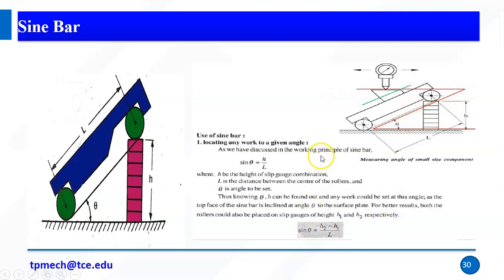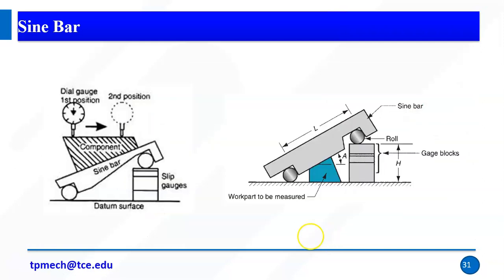In some cases we add slip gauges on both the rollers, right? So sometimes when we add to both rollers, we get the difference, h2 minus h1 divided by L. Instead of h we can use h1 minus h2, right? So we will get the final h by L. So if we add to one roller we can use this formula. If we add slip gauges on both the rollers, then we get two h values. The difference of the h values divided by the length is nothing but our sine theta, so you can calculate the angle, right?